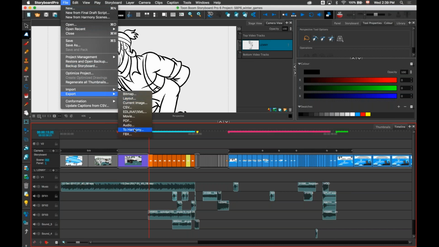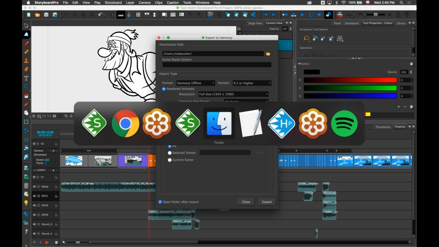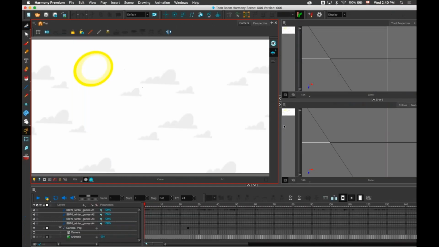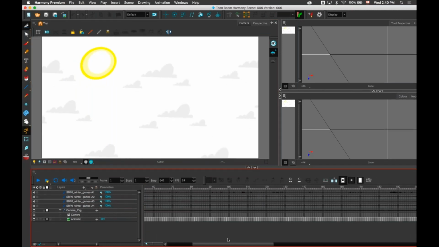And now, if we're talking about exporting to Harmony, some changes we've done there. So the first thing is we've renamed the function from export to Toon Boom to export to Harmony. And a small tweak we've done in there is that when you export the animatic, so a rendered animatic of your project to Harmony, it used to render one image for each of the panels, each of the frames you had in the software, which was not very helpful once you were in Harmony, because you would see everything as one image in your animatic. So everything is just one image.